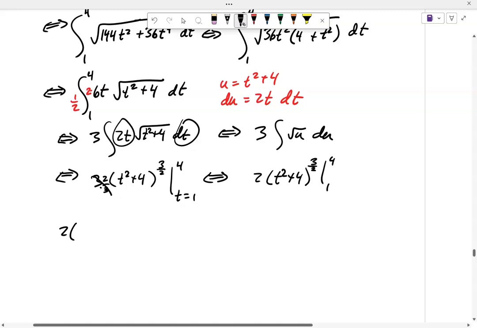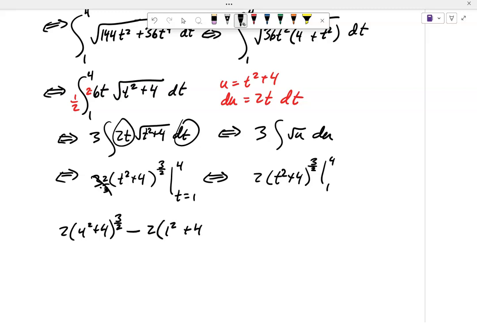I got 2 times (4 squared plus 4) to the 3/2 minus 2 times (1 squared plus 4) to the 3/2. What is that? I got 2 times 20 to the 3/2 minus 2 times 5 to the 3/2. So my arc length, if I take a 2 out,